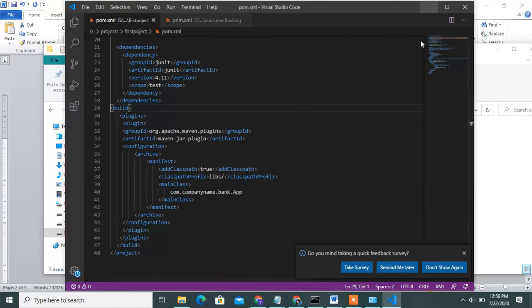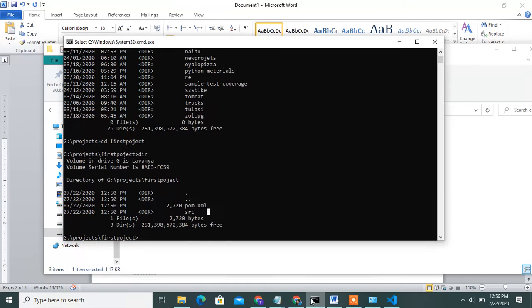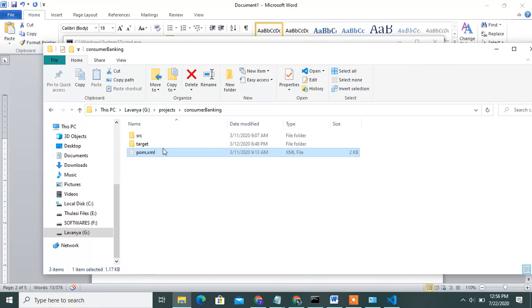Once you save it, go to the command prompt. In this also, mvn, only write the one command. Also you can write mvn clean package, like you can generate the target folder also.